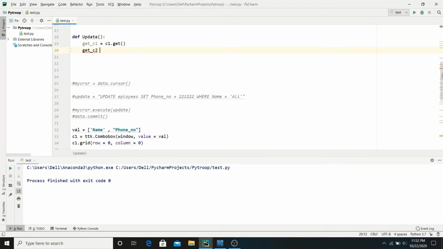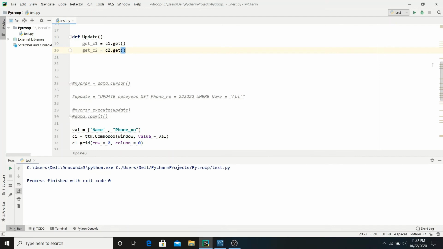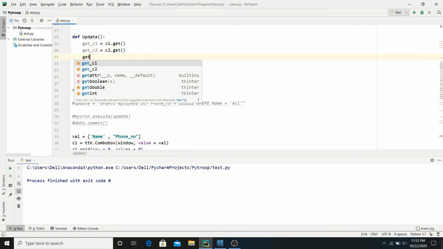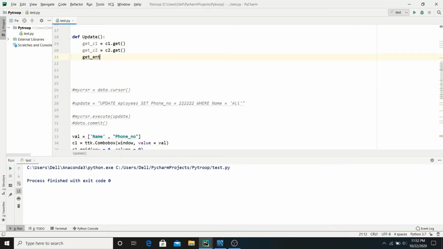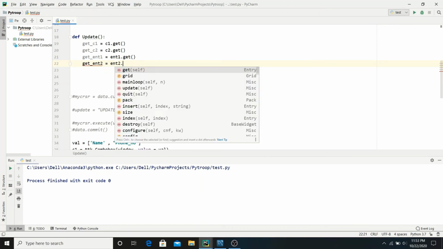Similarly we have to get the entry boxes, what we write in the entry boxes. So get underscore ENT1 is equals to ENT1.get, and get underscore ENT2 is equals to ENT2.get.